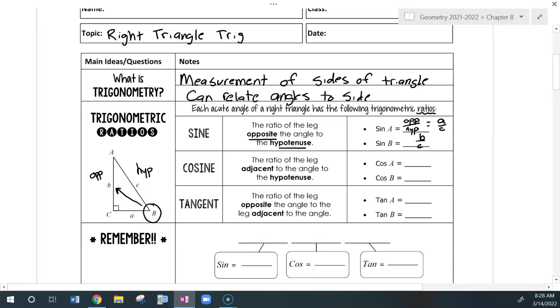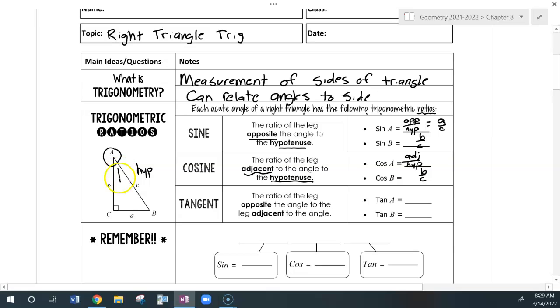Cosine, that's the next one. That one is adjacent over hypotenuse. Now adjacent means next to or touching. So if I am still on angle B, adjacent is the one with little a. So this is going to be adjacent over hypotenuse. And with angle B, that's going to be a over c. And then from angle A,